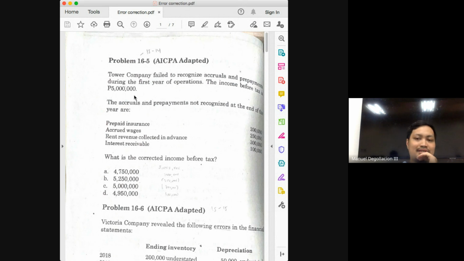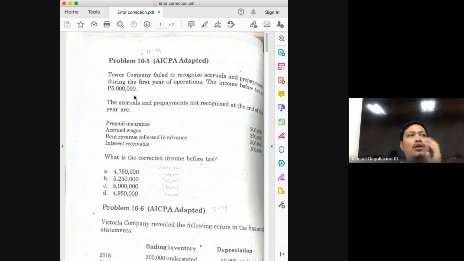Next, accrued wages. By the way, what kind of account is your accrued wages? Is this an asset or a liability? This is a liability. Now, knowing whether an account is an asset or a liability, class, is also very important because it will tell you whether it should be debited or credited, class. Accrued wages, what does this mean? Services were already rendered by our employees, and that means we already have an obligation to pay their salaries and wages. But what did we do? We have not recorded this accrued expense.